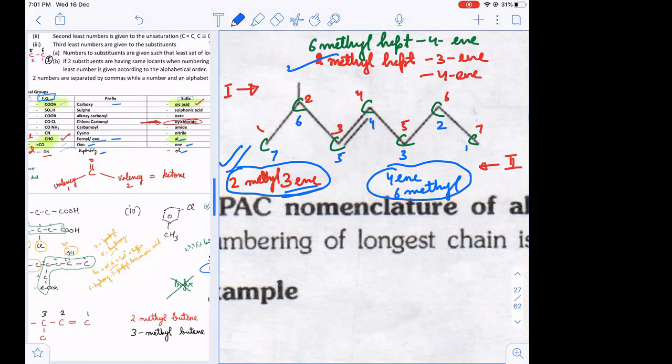But Niranjan, how did you say 2-methyl hept-4-ene? I mean, when you are putting 4 in the ene, methyl doesn't come at 2, or you forgot to take 3 instead of 4 in the ene. No, sir, counting mistake. Okay, okay. Utkarsh, did you get it? Yes, sir. Okay. Let's move forward.